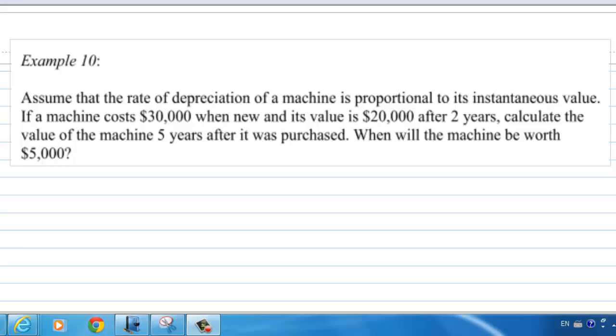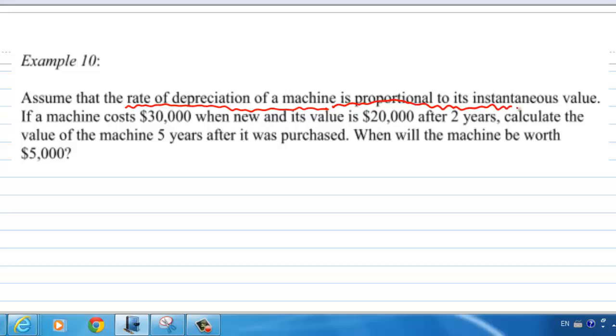This is an example on the application of ordinary differential equation applied on depreciation of value. In this example, assume that the rate of depreciation of a machine is proportional to its instantaneous value. So what this statement means, say V is the value of a machine at any time